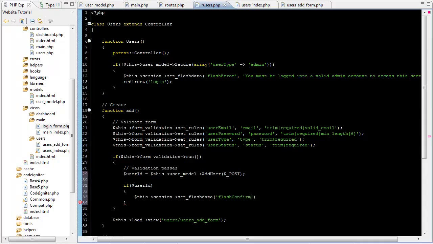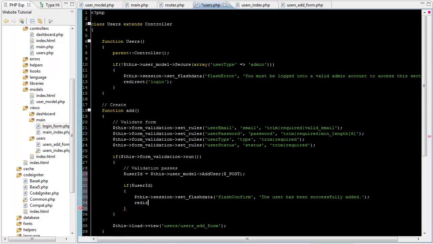Flash confirm is the name of the class that I use for positive feedback. And we'll redirect to users. This will take them to users/index, but we don't have to declare index. Else